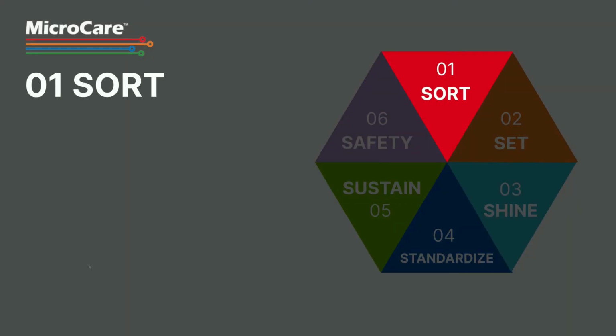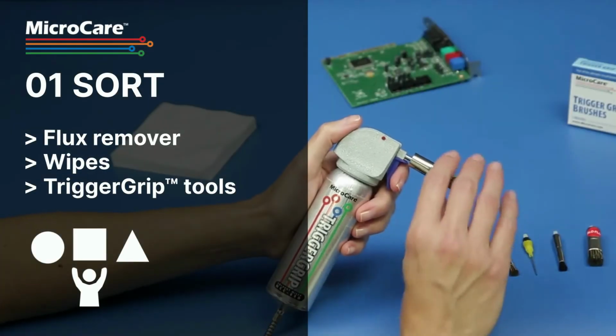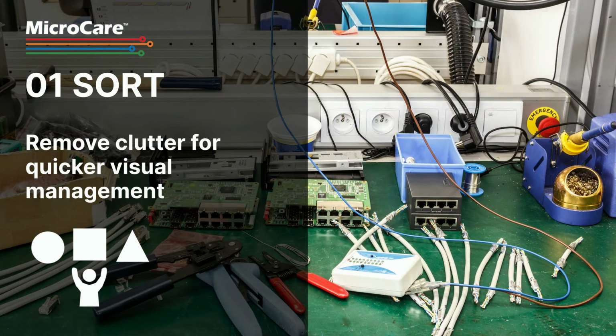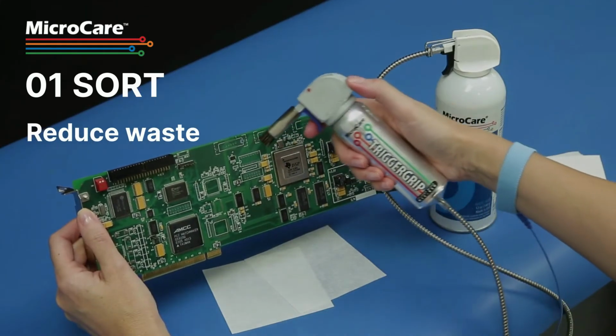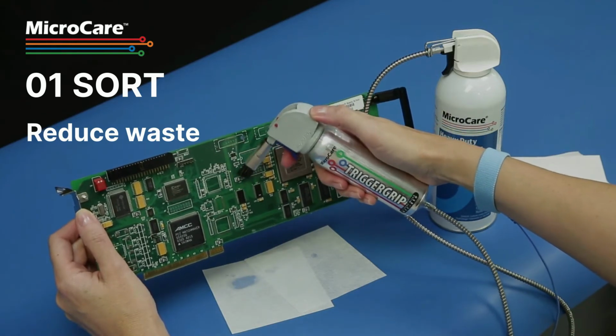Sort to eliminate clutter from your benchtop. Keep only the essential cleaning tools you need, including flux remover, wipes, and the TriggerGrip tool and brushes. Less clutter allows for quicker visual management to save time and workspace. Plus, the TriggerGrip tool helps operators control the amount of cleaning fluid used and ensures the can empties completely to